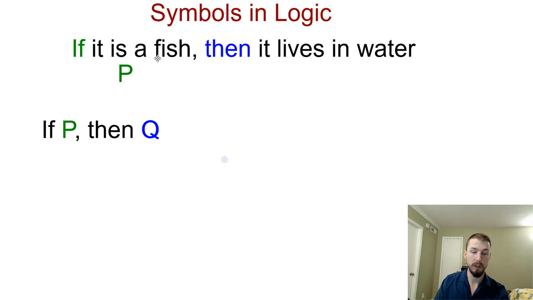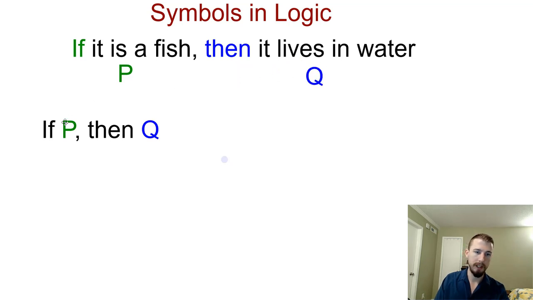So if it's a fish, that's a proposition. Then our conclusion, or quotient, which is not like a division quotient, it's just another quotient, I guess, is what the Q stands for, and will give you that it lives in the water. So the proposition is that it's a fish, and the quotient is that it lives in the water. So if P, then Q. Often we can write it simplified: instead of it's a fish as our proposition and it lives in water as our quotient, which is this part over here,